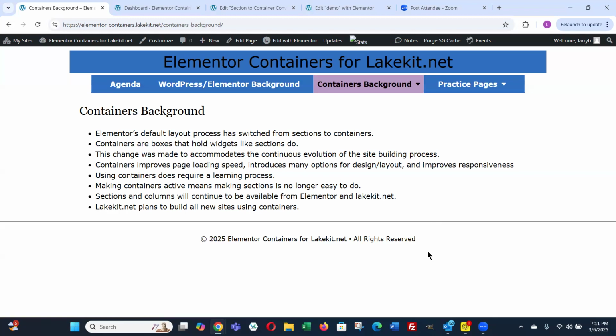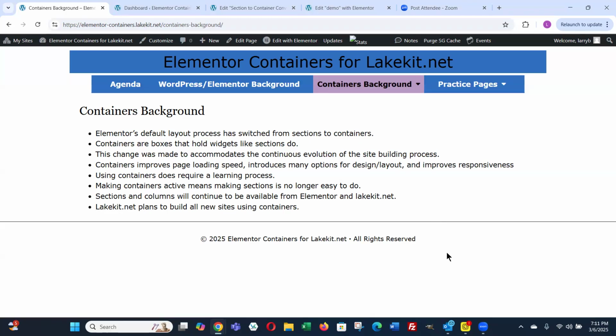One thing I want to make sure that we're aware of, though, is if you decide to start using containers, you have to make them active on your website, and then it's no longer easy to make new sections. You're expected basically to use containers going forward.